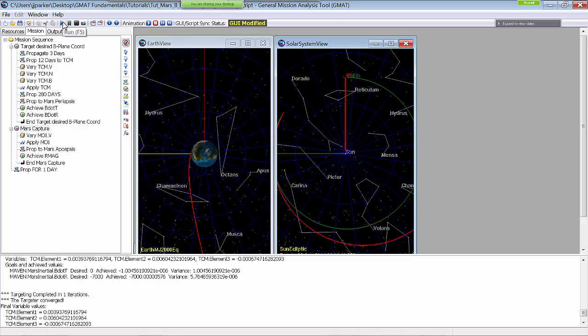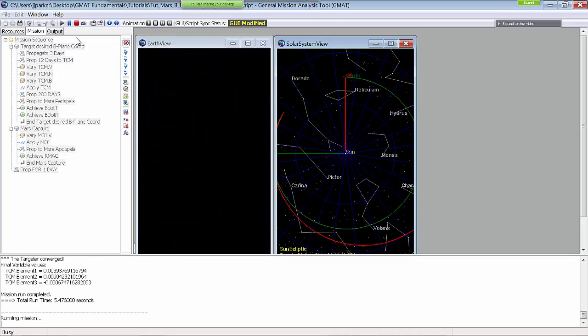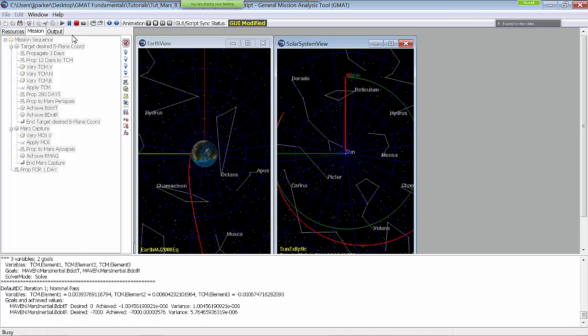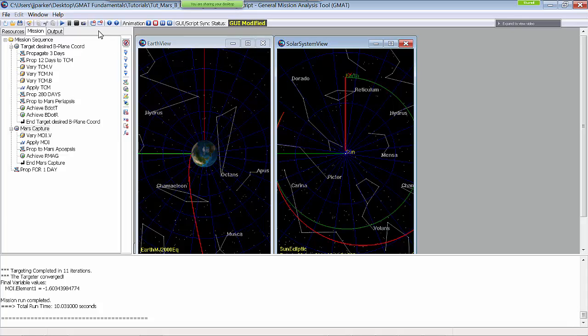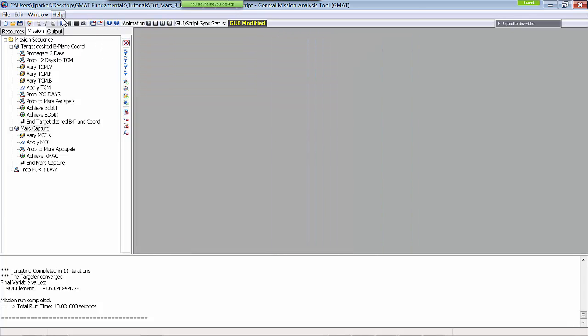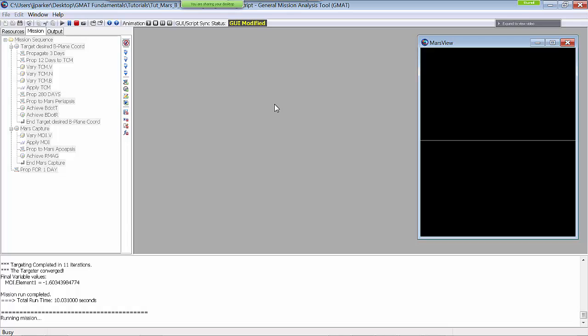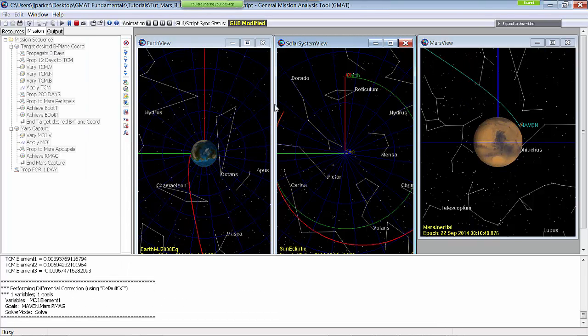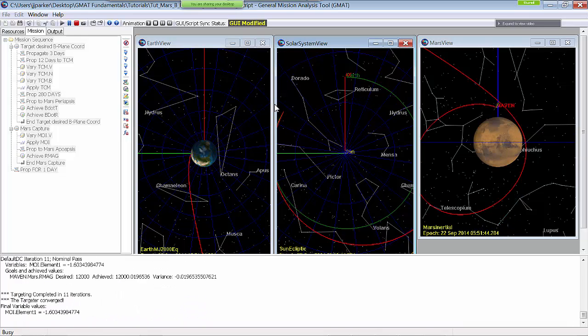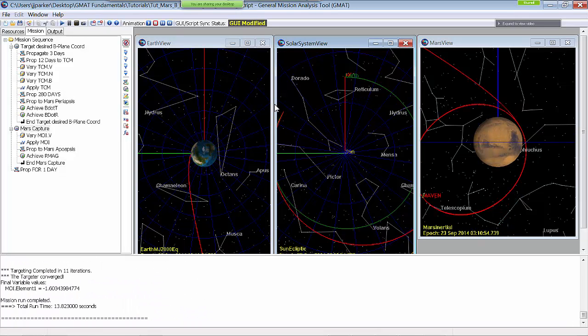If we did everything correctly, then I think we should capture about Mars into a relatively decent sized elliptical orbit. And I can't see my third window, which is bad. It's hiding somewhere, but it's okay. We'll just rerun it. See, during each iteration, it was trying to make... There you go. So we've captured, and these two figures are actually